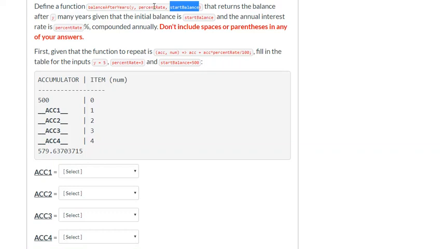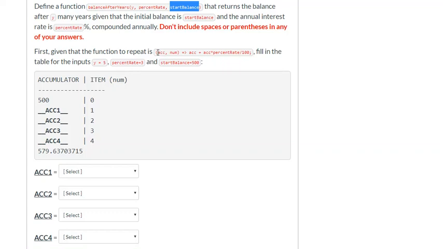And it's compounded annually, which means that, as an example, if you had $500 and a 3% interest rate, after the first year you'll have $515, and the next year's 3% interest will be applied to the 515 instead of the 500, right? If you were always applying it to the principal, that would be considered simple interest. So the function that's going to determine